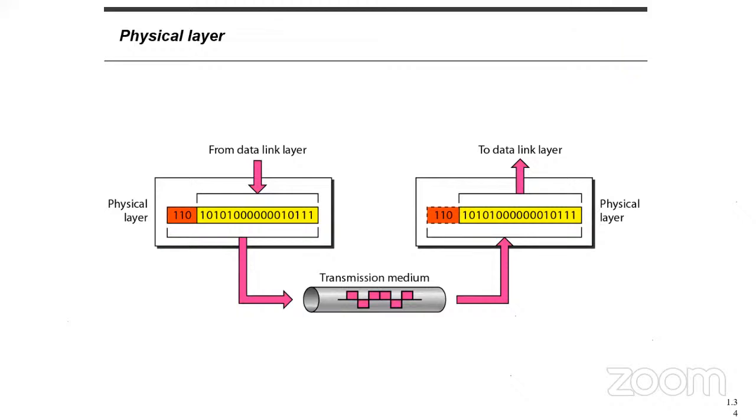Okay, 8 bits. 8 bits make 1 byte. Thank you. Now, if 8 bits make 1 byte, how many bytes make 1 kilobyte? Somebody is raising his or her hand. Alexander. Okay, 1024 bytes make 1 kilobyte, I believe. Thank you. Then 1024 kilobytes make 1 megabyte. 1024 megabytes make 1 gigabyte. Am I right?